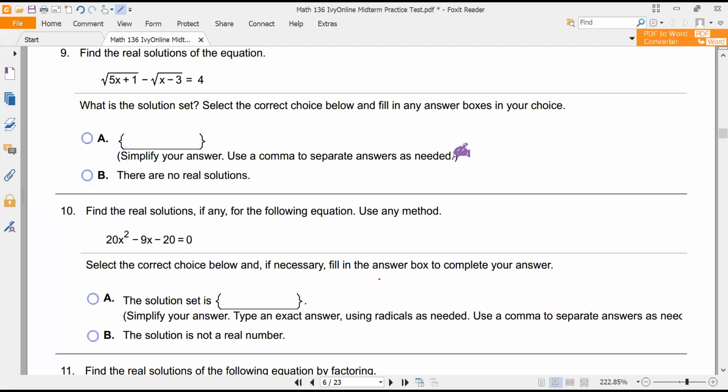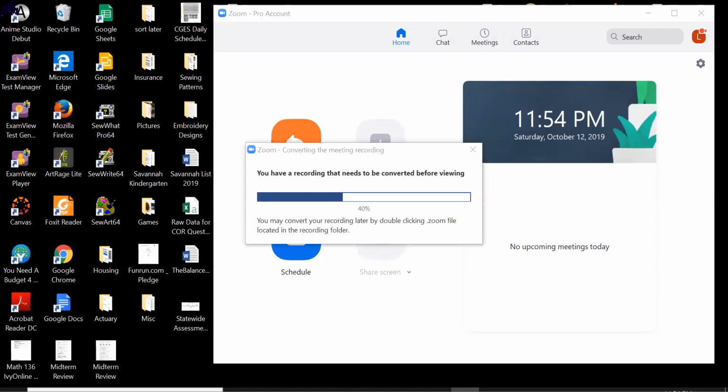All right, this is part 2 of the midterm review, the practice test. I'm starting with number 9 here. This is a radical equation that has 2 radicals to solve, so we have to be a little bit more